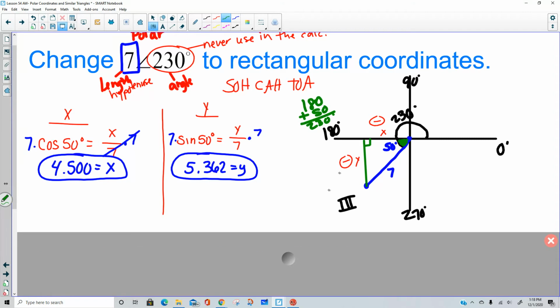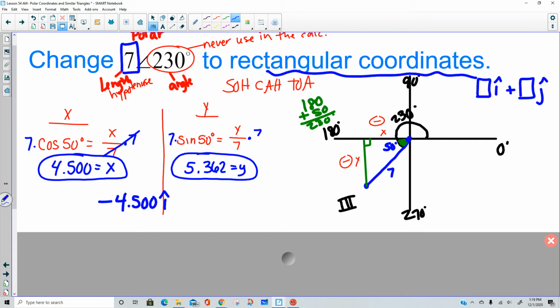Great, so what we have is the length of each of these sides, and we're ready to put it in rectangular coordinates. Remember, rectangular coordinates is always going to be the length of side x with the i hat, and then the length of side y with the j hat. Now we put in the positives and negatives. Remember, you're telling somebody how to get there. So from the origin, we're going to go left, so we're going to go minus